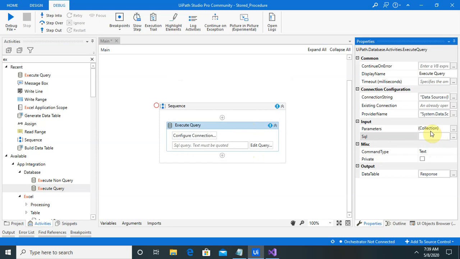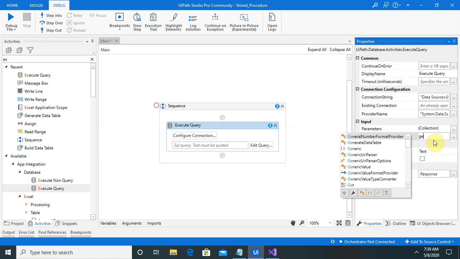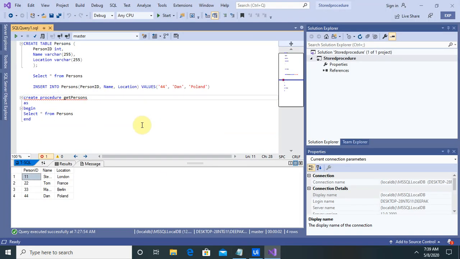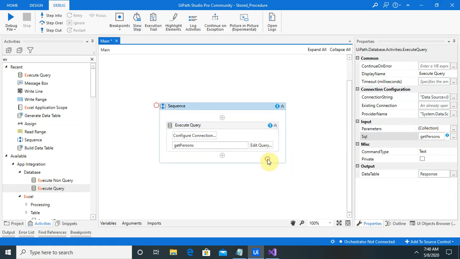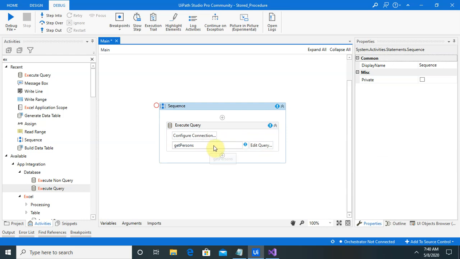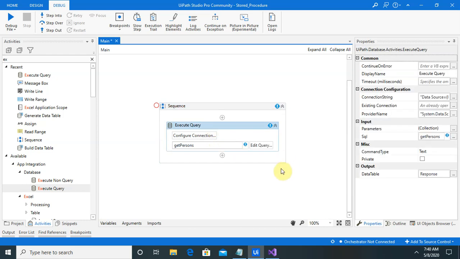Inside the SQL details, we have to provide the stored procedure name. So I am giving the stored procedure name as GetPersons, because we are going to call this data for our activity. Now you can see the warnings are not resolved.